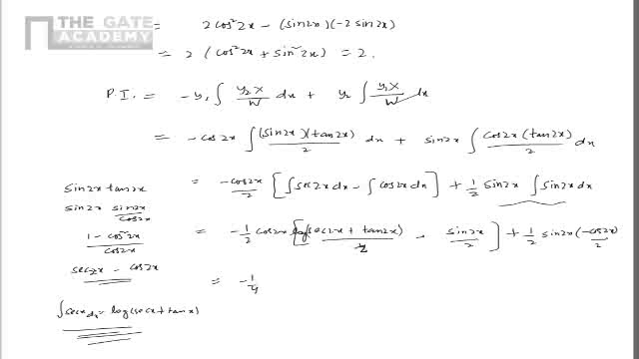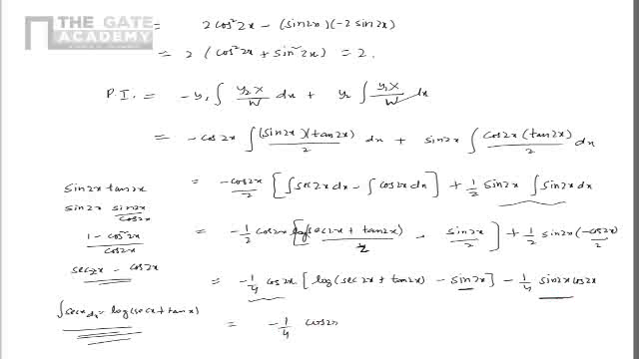I mean, there has to be 2 here, not 4. Minus 1 by 4 cos 2x, and this will be log secant 2x plus tan 2x minus sin 2x, and this will be minus 1 by 4 sin 2x cos 2x. I think this term combined with this will get cancelled, so you will just remain with minus 1 by 4 cos 2x log secant 2x plus tan 2x